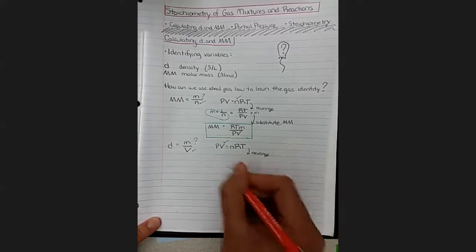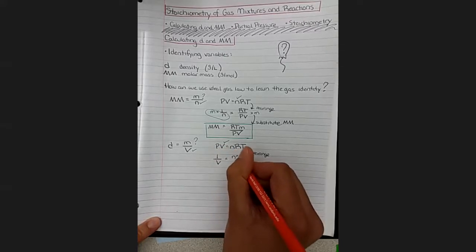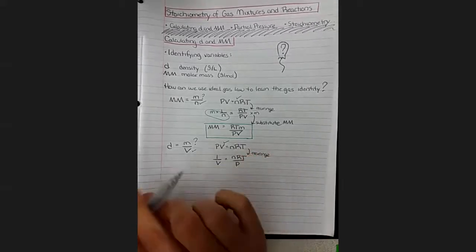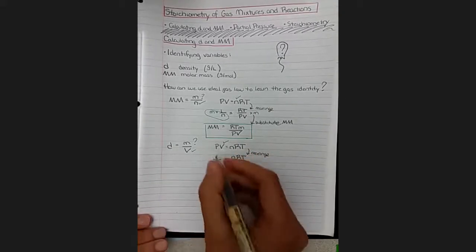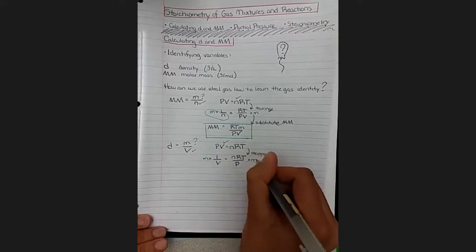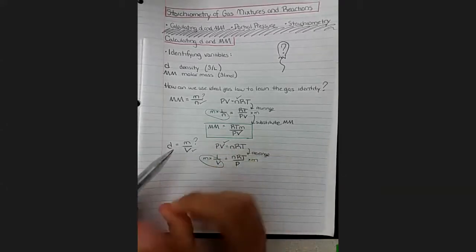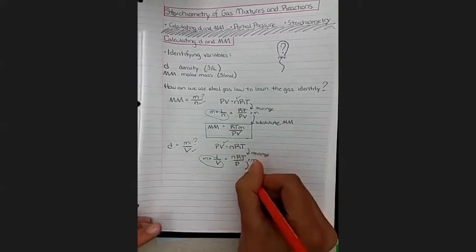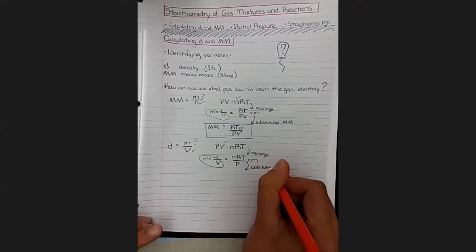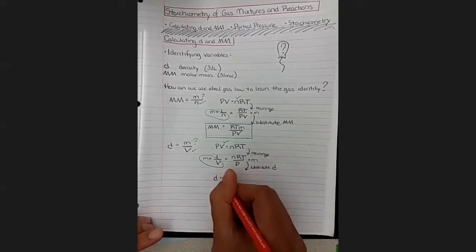So we'll rearrange to get 1 over V equals nRT over P. And then we want this side to say mass over volume. So we're going to multiply by mass on both sides. And then we're going to substitute m over v for density. So substitute for density, and we end up with density equals